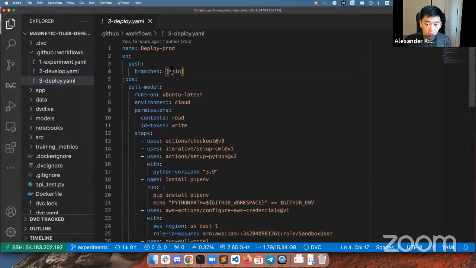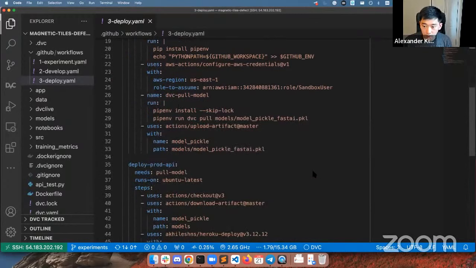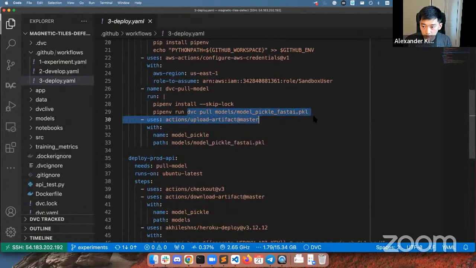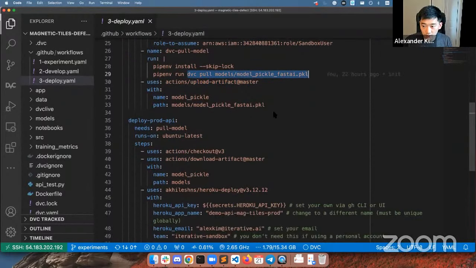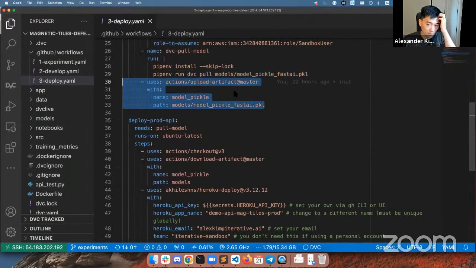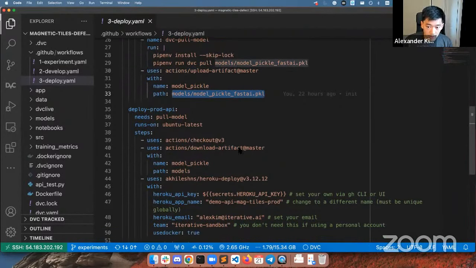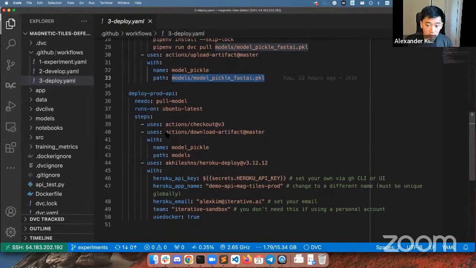For example, if I want this deployment workflow to only run when I merge something into the main branch, I pull my model pickle, and then I use GitHub artifacts, which is basically temporary storage for CI/CD jobs. I can store this model there. And then in the deployment part, I'm picking up this model from the artifact storage,